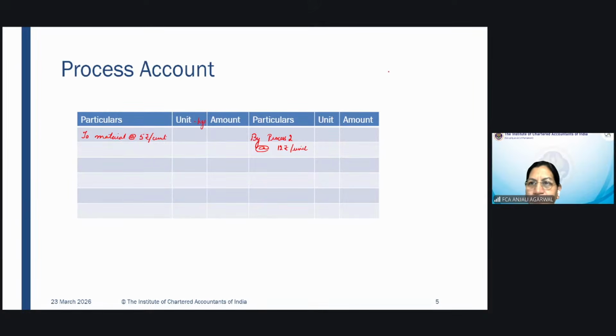But generally, what happens in a process is that the process may incur some losses. It will generally not be that all the units that are there, let's say 1,000 units as input, come out as output. Out of these 1,000 units, there may be some loss. So if I say that there is a normal loss of 10%,